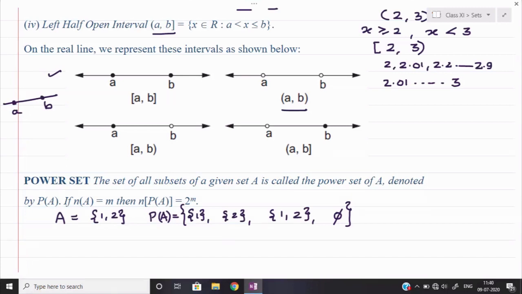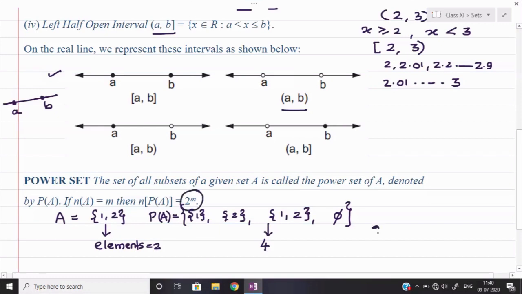And one more thing is given here: how many elements will be in the power set of A, how can we find that out? See here, the elements in A, the total number of elements over here will be 2. Observe the relation. And same way in the power set of A, the total number of elements will be 4. So can we have any formula, or can we formulate these things to find out the number of elements in the power set? Definitely. The relation is given over here, that is 2 to the power m.